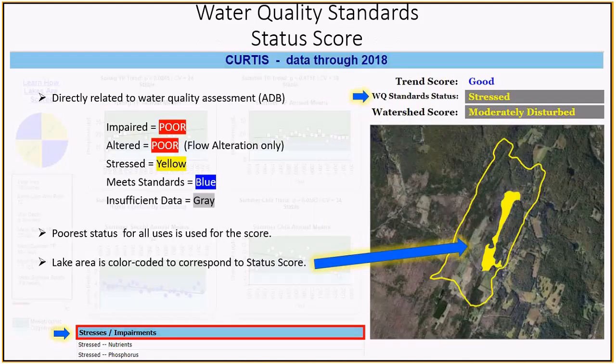So the Water Quality Standards Status Score is based on the water quality assessments that the Lakes and Ponds Program conducts and reports on to the EPA. On Google Earth and on the scorecard trends and status page, lakes are color-coded according to their status score. So you see here that Curtis Pond is the yellow polygon in the bottom right imagery of the screen because